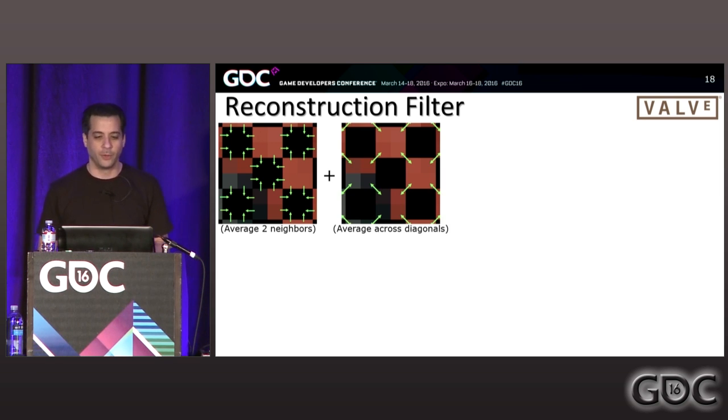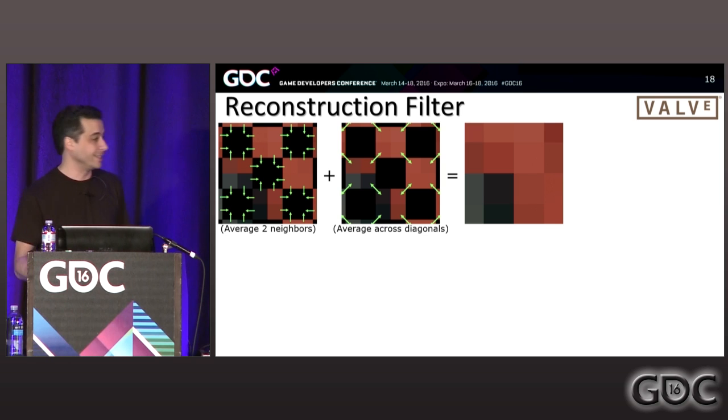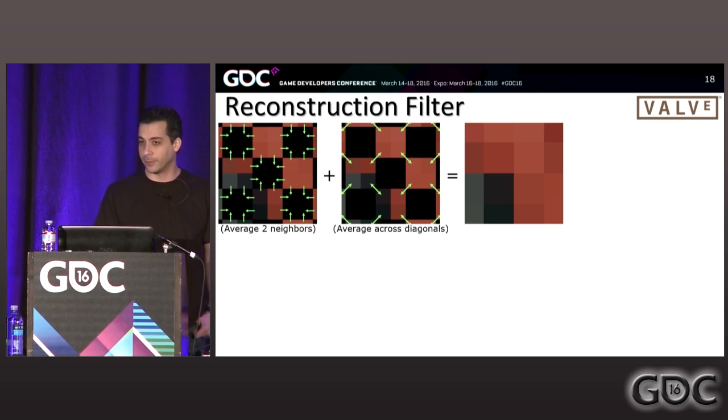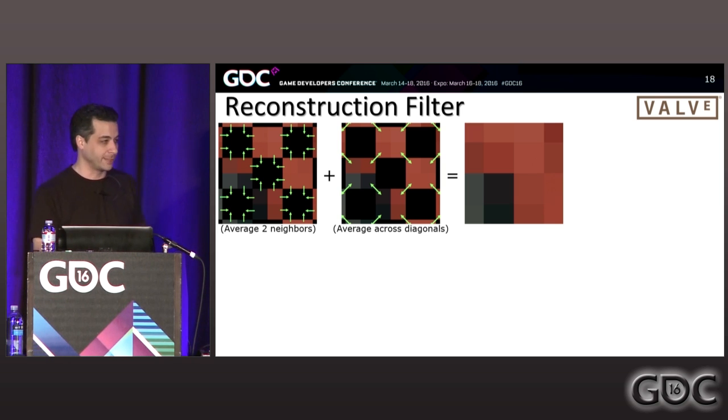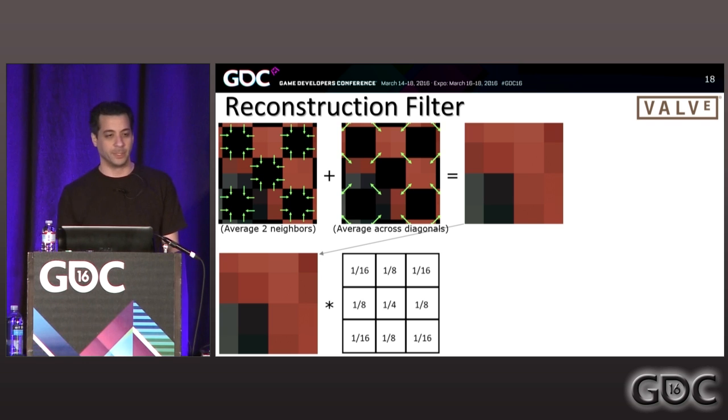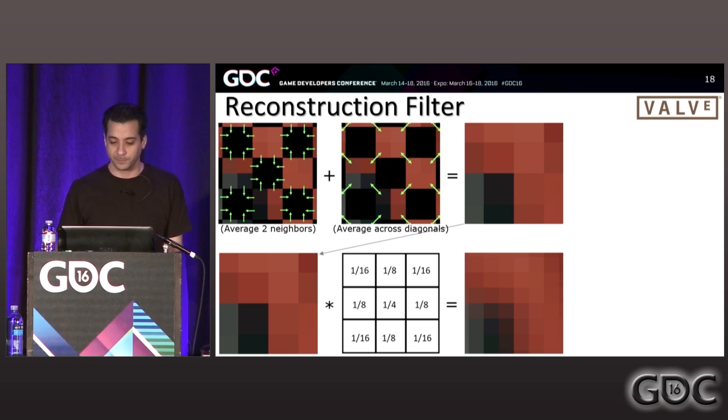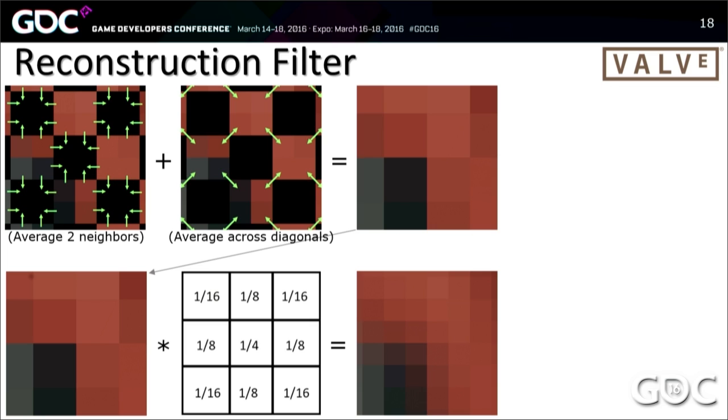So if you then also average across the diagonals, right, for each pixel you did render, average it with its nearest diagonal neighbor, you end up with what looks like this, which is a really low resolution, blocky render, but you don't get any jaggy effects. And if you then take that and do the world's simplest 3x3 blur filter, you'll end up with what looks like this. And this surprisingly looks nearly identical to what fixed foveated rendering looks like, where you render at half resolution and then scale up. So I'm pretty happy with the quality of this as a starting point. Again, this is the initial prototype,